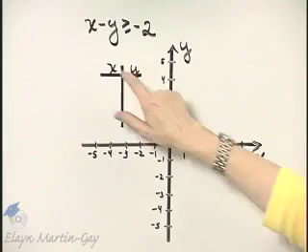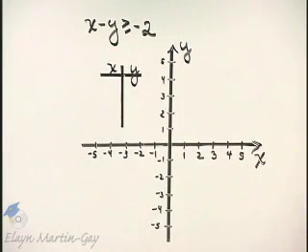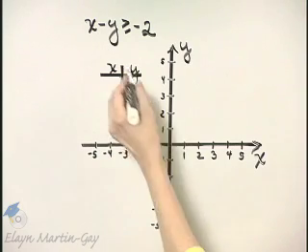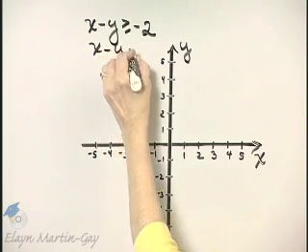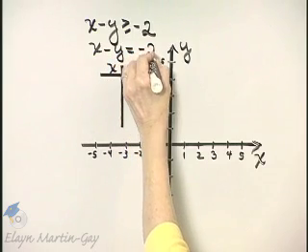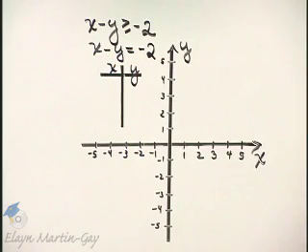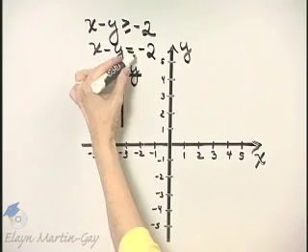Let's graph this linear inequality in two variables. Remember what we do first? We find the boundary line by concentrating on the equation. So we'll look at x minus y is equal to -2, and let's find three ordered pair solutions for this